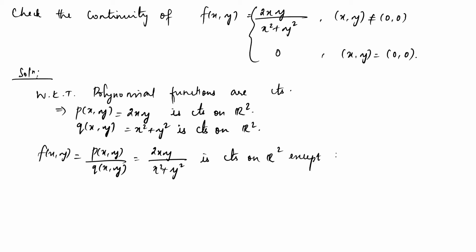except when your denominator is 0. Okay, when can your denominator be 0? At origin, sir. Only at origin your denominator can be 0. So at 0 comma 0, your x squared plus y squared is 0. So this is the only troublesome point. But the function is defined to be 0 at this point. Now we'll have to check the limit and see whether this preserves the continuity at the point or not. So except at origin the function is continuous. That we have proved. So the rest we will do now.